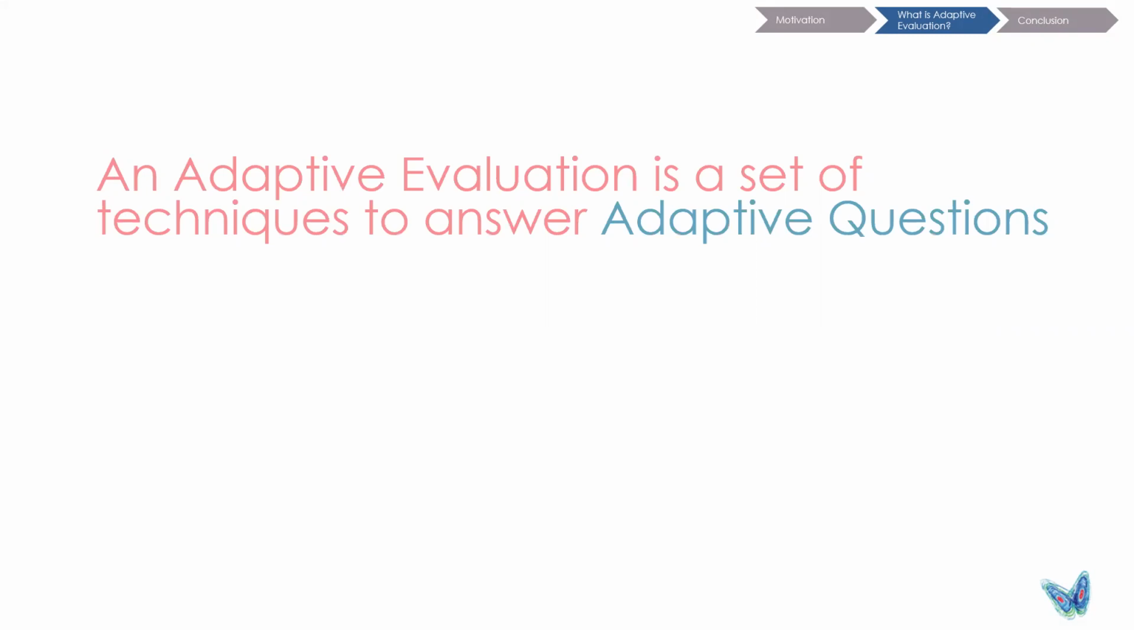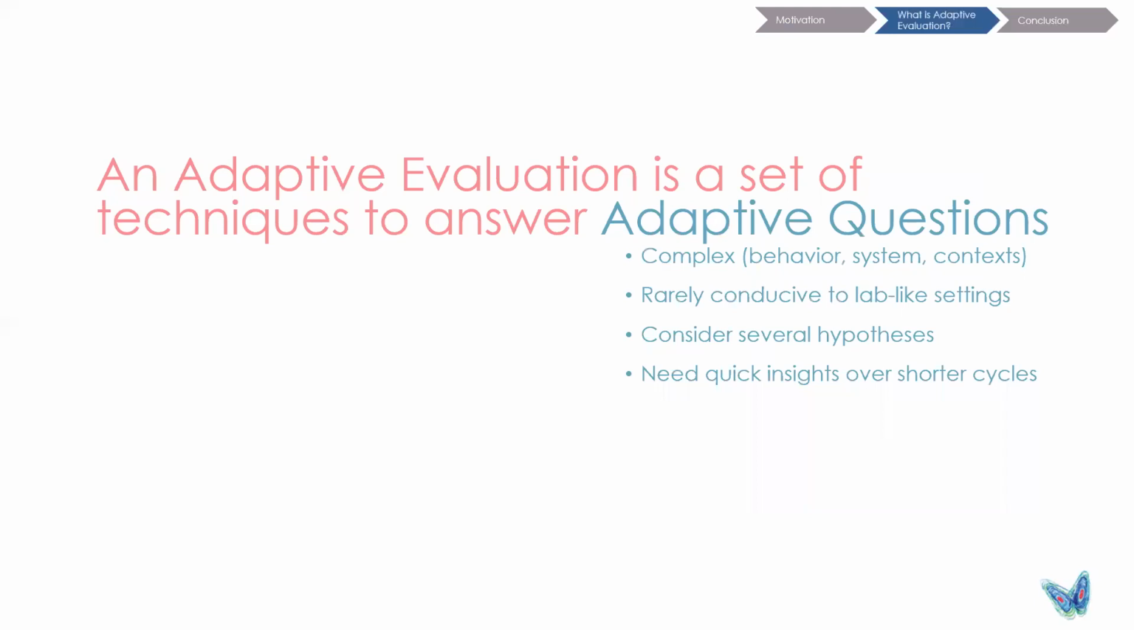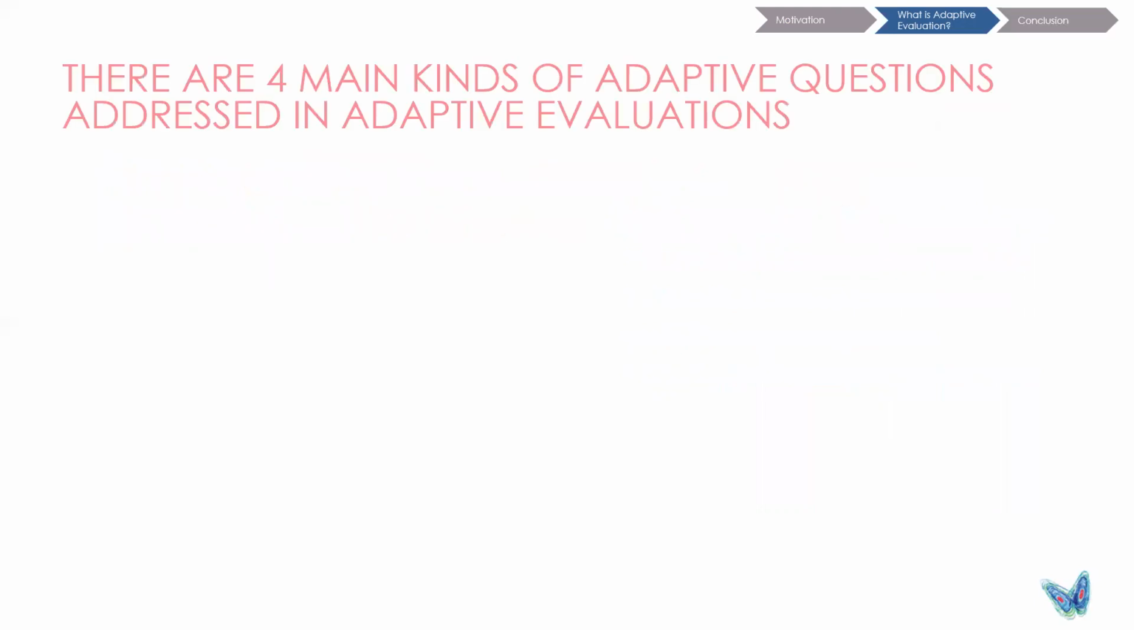So what is an adaptive evaluation? It's really very simply a set of techniques to answer adaptive questions. And as a reminder, adaptive questions are complex in that they depend on unpredictable and evolving human behavior, systems, and contexts. They're rarely conducive to lab-like settings in which we can have a clean treatment group and control group. They involve testing multiple hypotheses, not only on product intervention and design, but also on what processes and contexts made the design work. And finally, they typically need to be answered in a shorter time frame. And so there are four main kinds of adaptive questions that are addressed in adaptive evaluations. The first